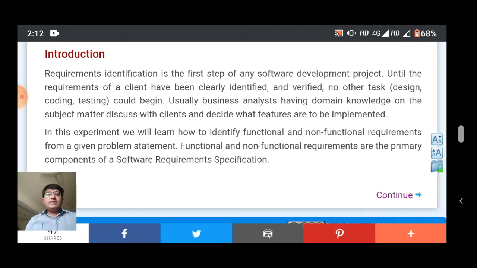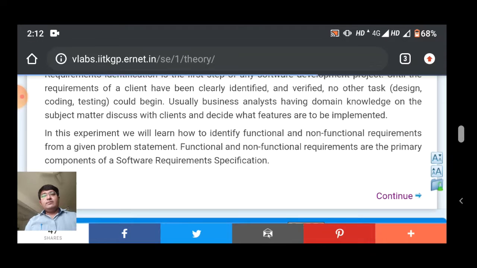Usually business analysts, having domain knowledge of the subject matter, discuss with the client and decide what features are to be implemented. In this experiment we will learn how to identify the functional as well as non-functional requirements from a given problem statement. Functional and non-functional requirements are the primary components of the software requirement specification. So let me discuss them one by one.